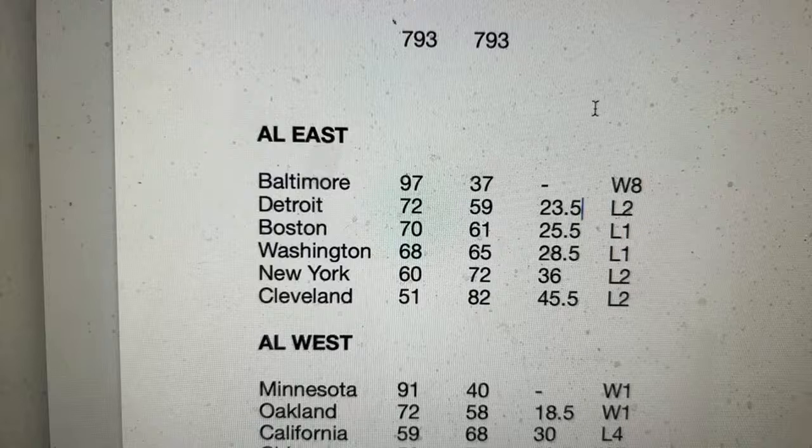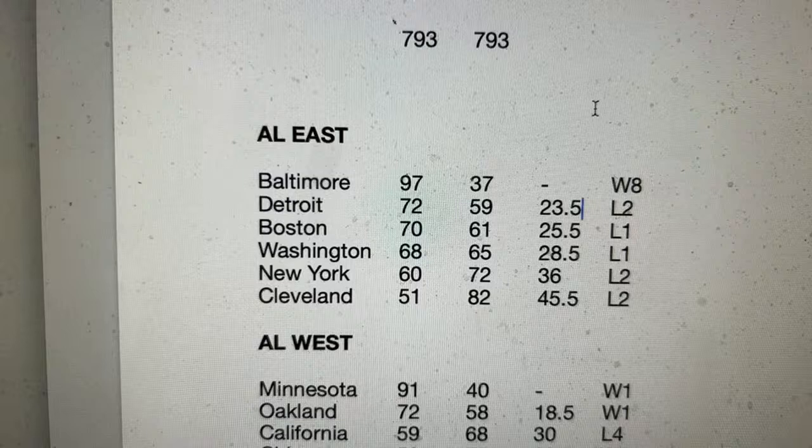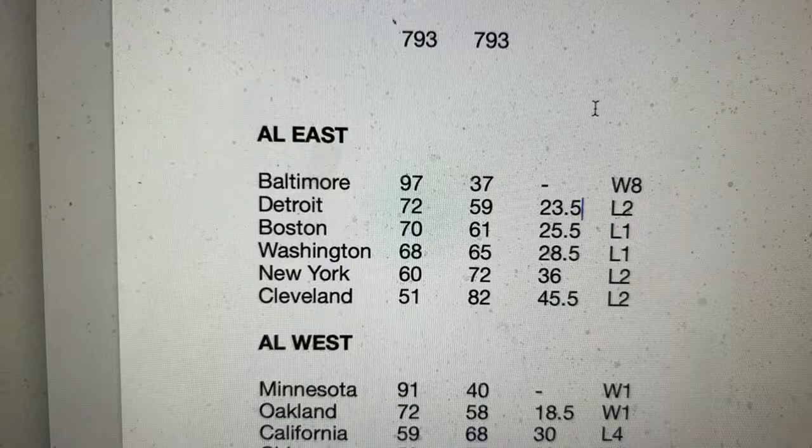I mean, there's a chance they can win 120. That's a bit of a long shot. But there's a chance they could break the all-time record. I'd have to go check to which it is. If it was Seattle one year, 118 or something. I don't know. I'd have to check.